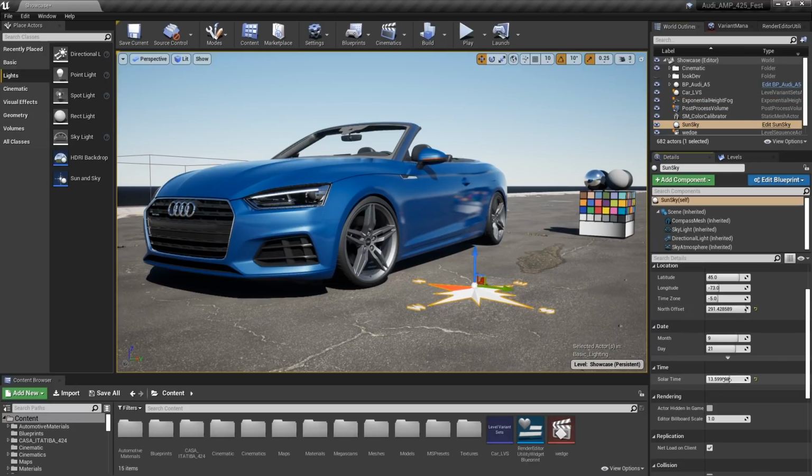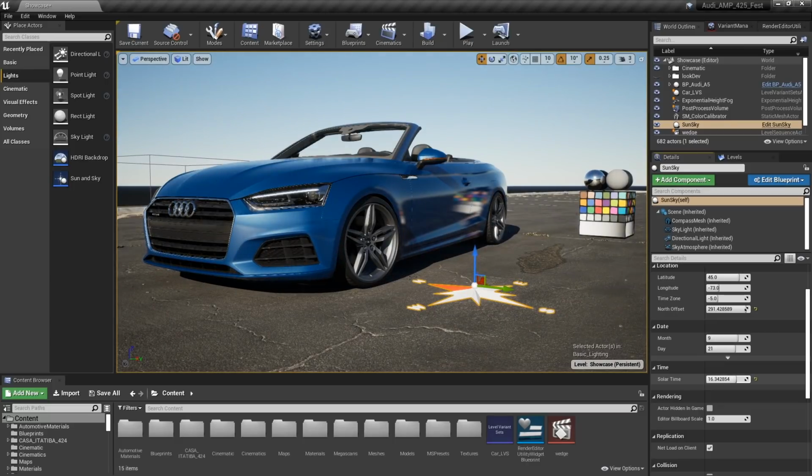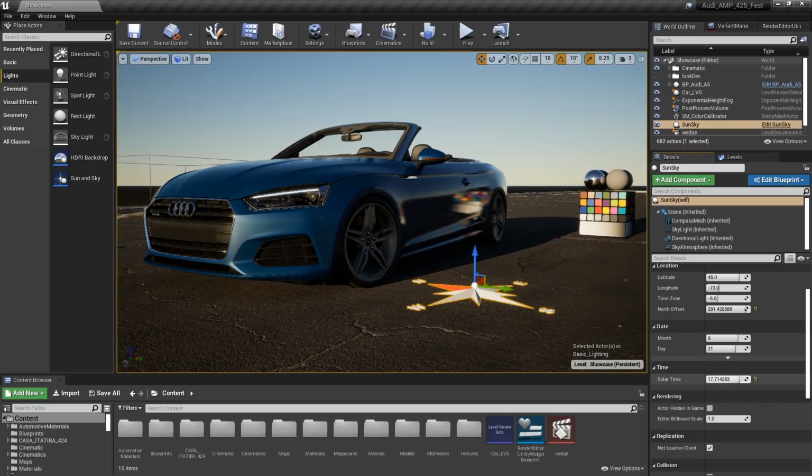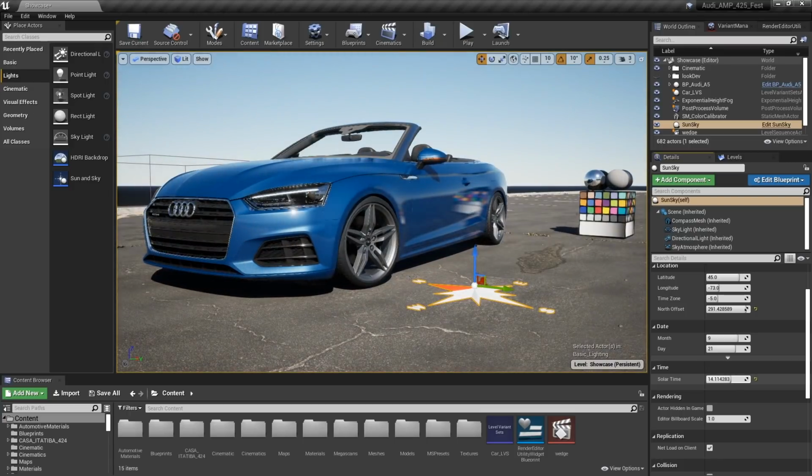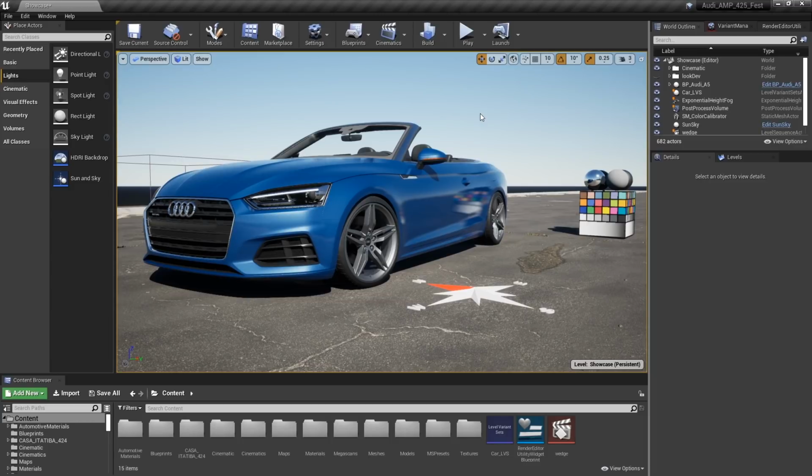So you can see as I change my solar time here, the background gradient changes because it's being generated by that sky atmosphere. All the lighting information changes, and it looks pretty good. But what you may notice is the reflections look super, super soft, and you might think maybe it's not ray tracing. No, it actually is ray tracing. The reflections look really soft because of that important console variable that I said is like the first thing you want to turn on, basically. What's going on is the denoiser is softening those reflections. So we want to disable the denoiser.